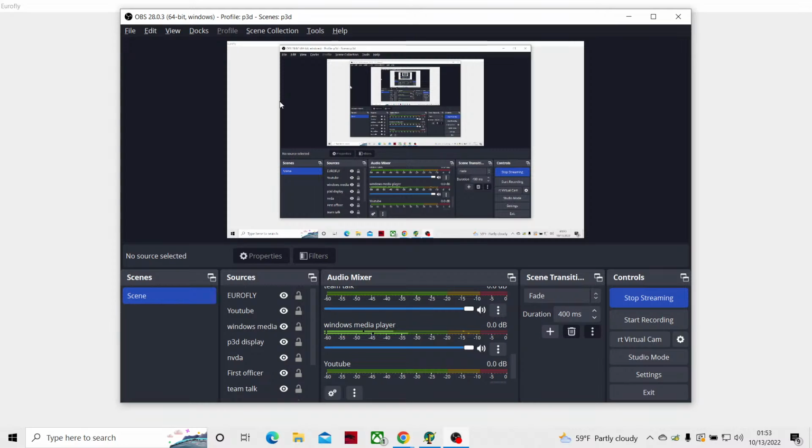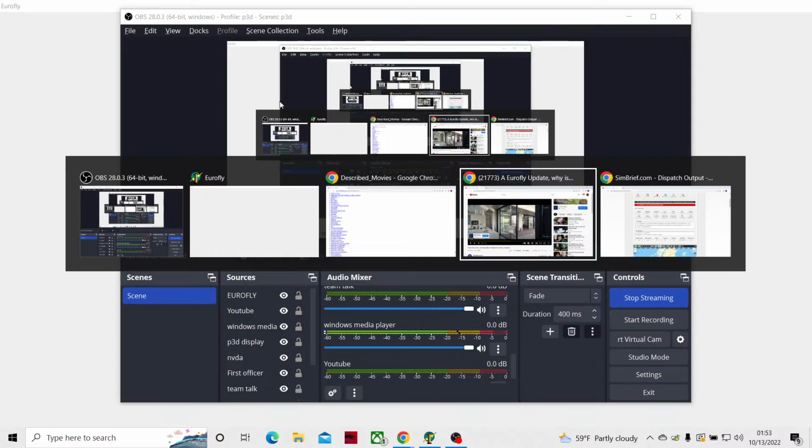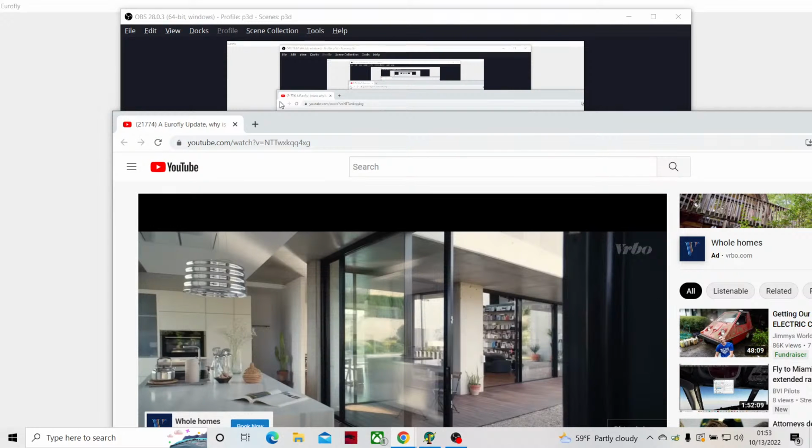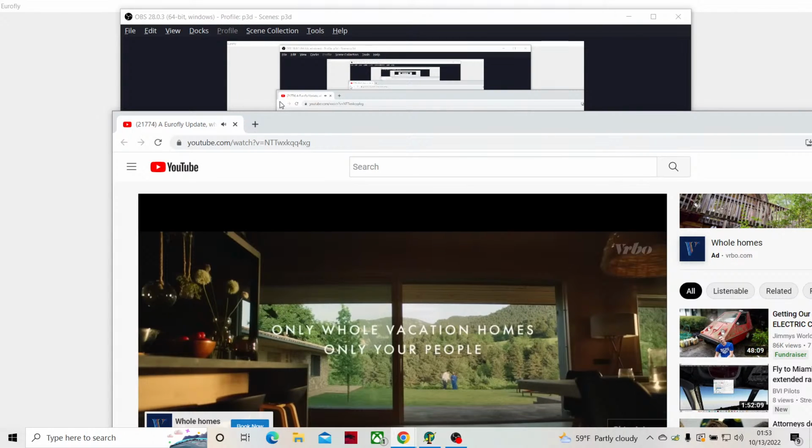And maybe get a flight. Described movies Google 21,773. A Eurofly update. Why is Eurofly still 21,773? A Eurofly update. Why is Eurofly still relevant for the community? A Eurofly update and why Eurofly is still 21,774. A Eurofly update. Why is Eurofly still relevant for the community? YouTube Google Chrome. Why is Eurofly still relevant to the community? Button shift button K play keyboard shortcut K. So let's listen to that first. Pause K. Seat slider clickable. Clickable button skip ads. Object order window. Hey guys, button auto click button F full screen heading level 256 heading click button auto clickable 0 button M mute button shift plus button K play keyboard button shift plus NX button K play seat slider 0 button K